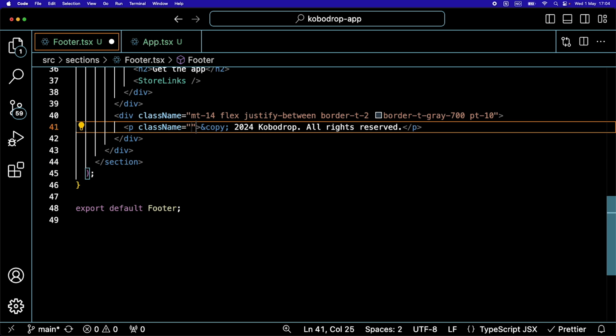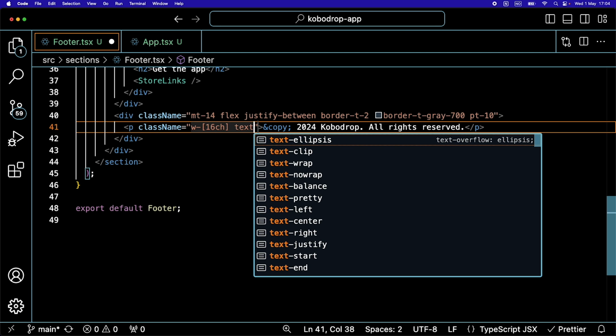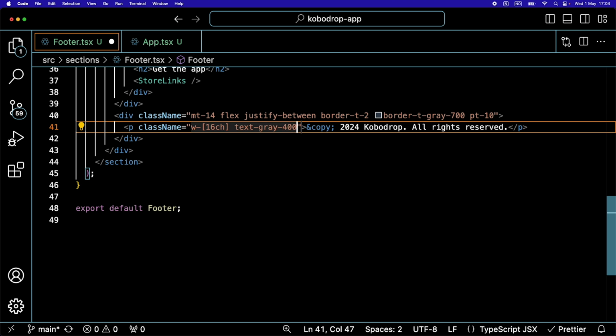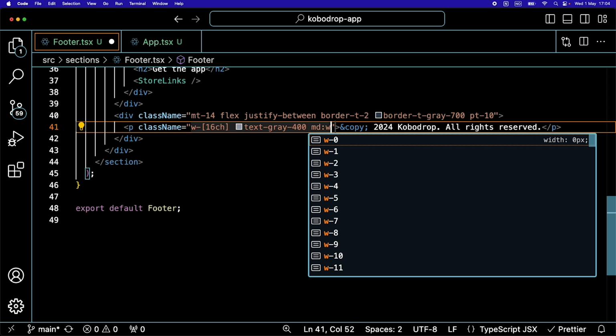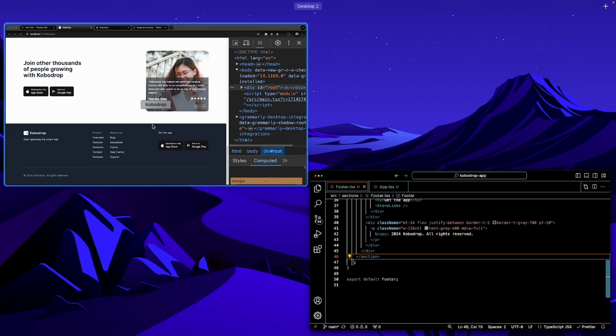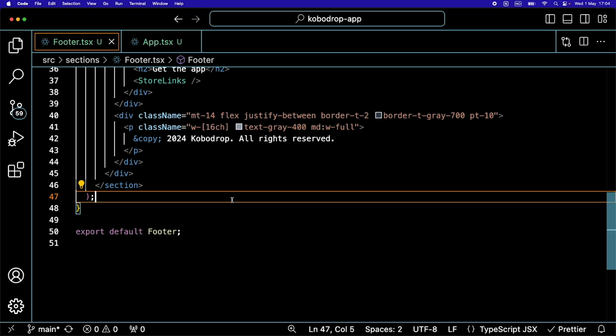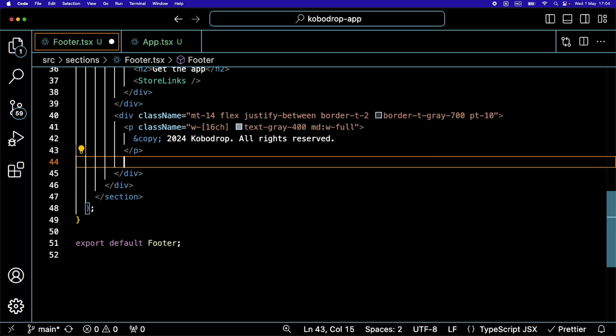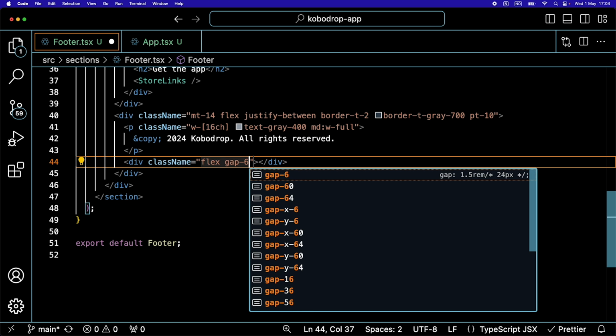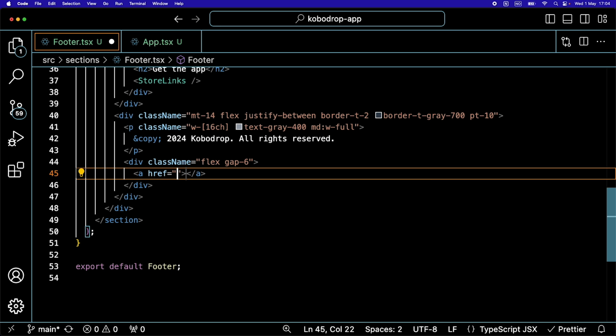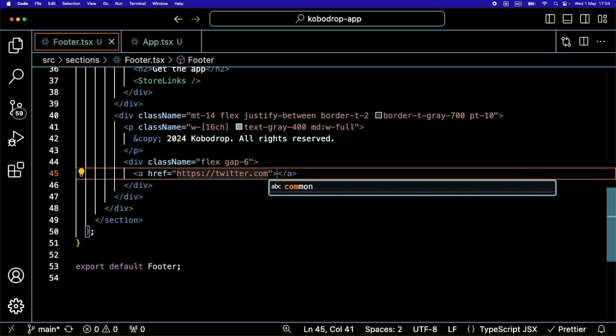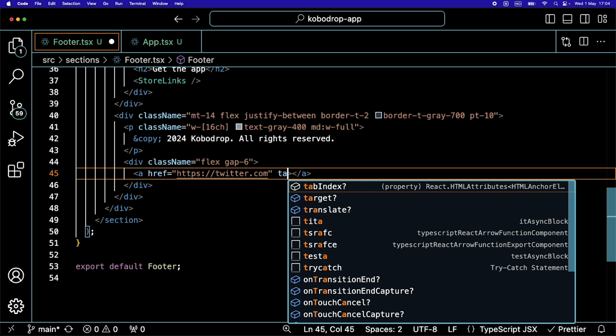The paragraph is going to have a class name of width 16 characters, text gray 400, and on medium it's going to have a width full. Nice. Okay. Then under the paragraph, we're going to have a div with a class name of flex and gap of 6. Then we're going to have a link with an href, https, and we're going to link to twitter.com. The target